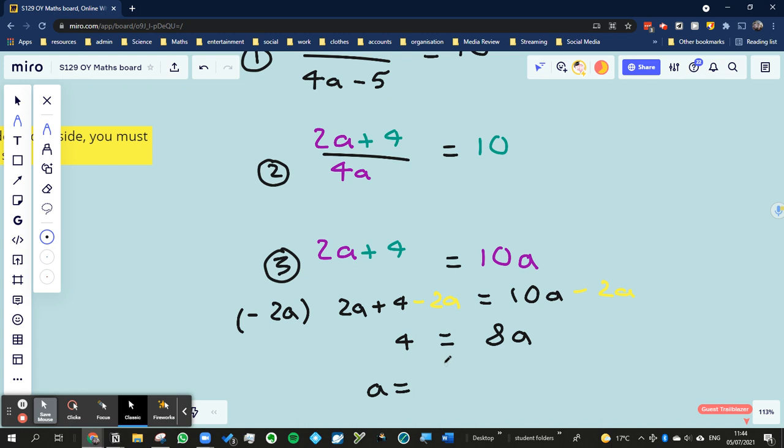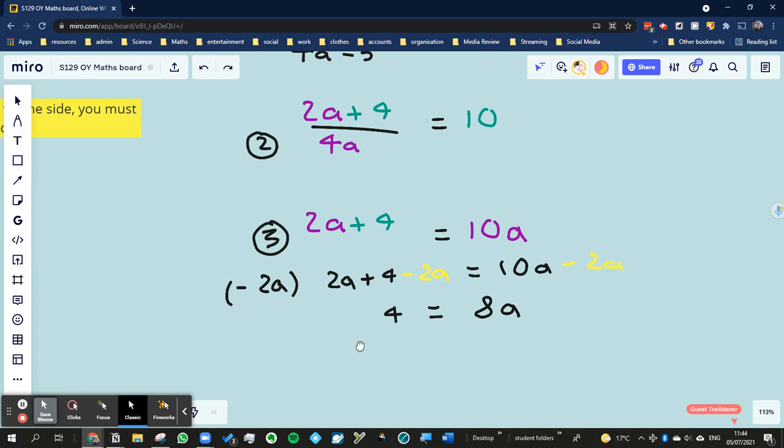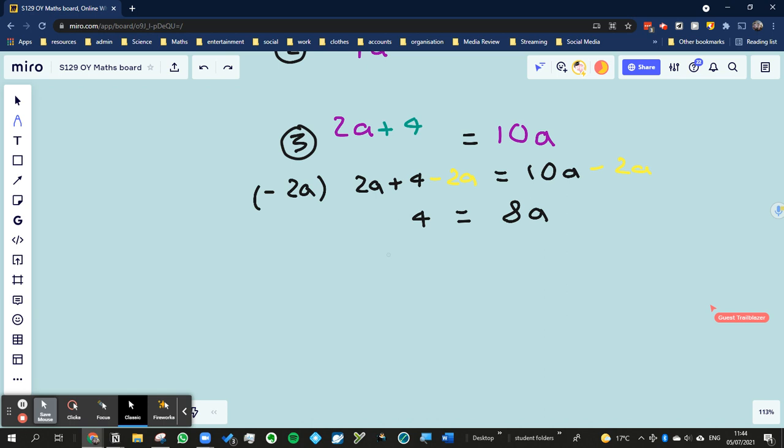Whatever I do to the left, I must do to the right. I'm going to include all the steps here. Whatever I do to the left, I'm going to do to the right. So this time, I'm going to divide both sides by 8. If I divide by 8,